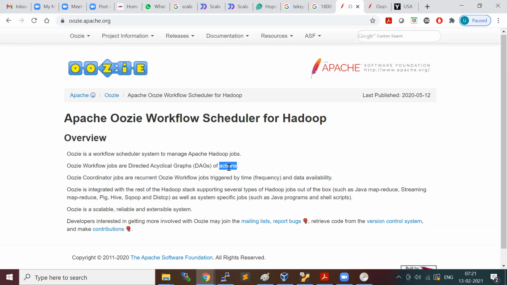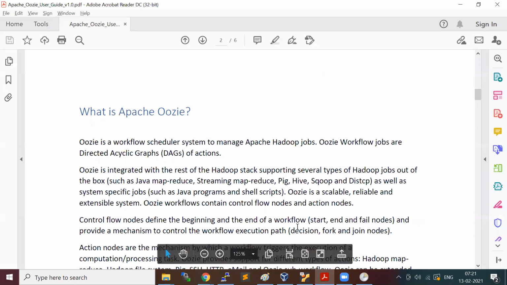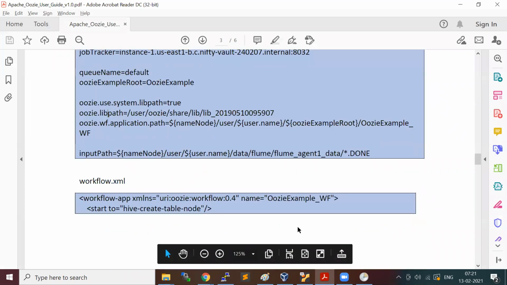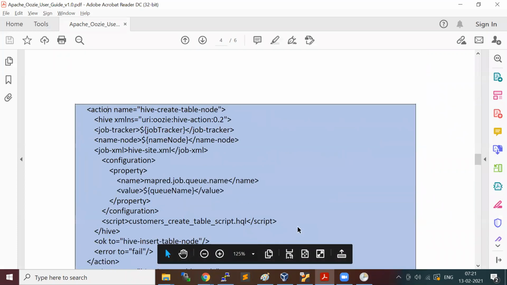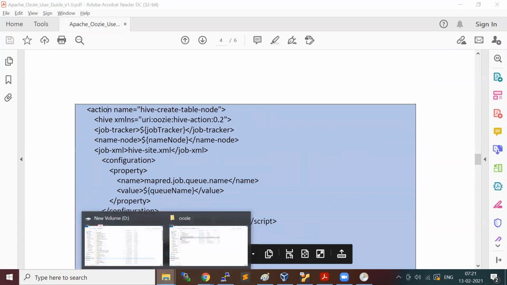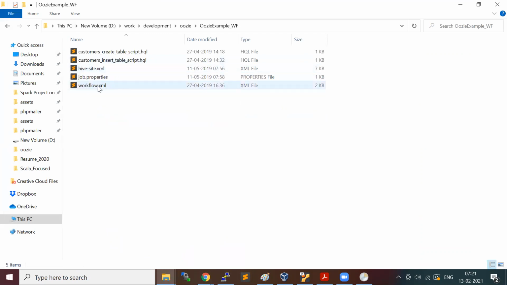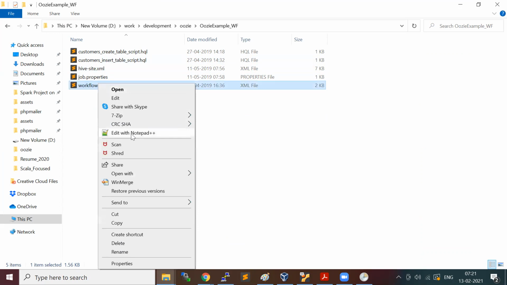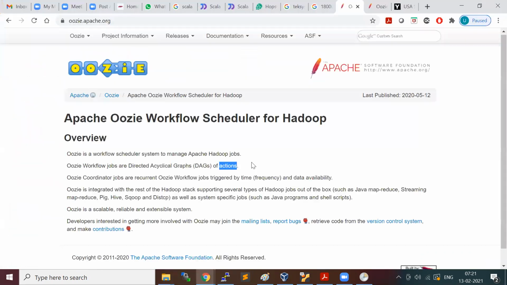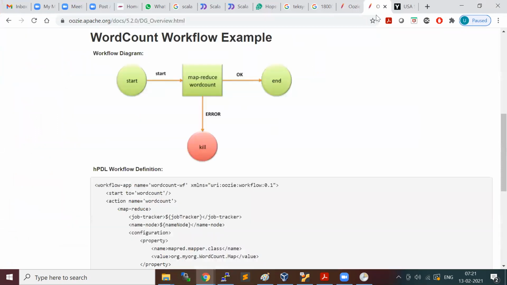As I mentioned, all the configuration in Oozie is basically XML files.